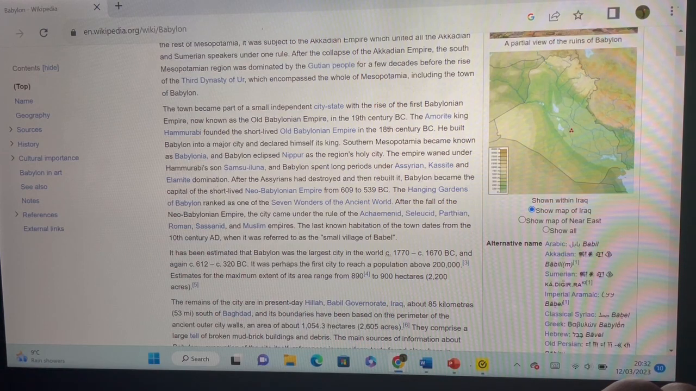Assyrian, Kassite and Elamite domination. After the Assyrians, I guess a precursor to Syria maybe, had destroyed and then rebuilt it, Babylon became the capital of the short-lived Neo-Babylonian Empire from 609 to 539 BC. The Hanging Gardens of Babylon, ranked as one of the 7 wonders of the ancient world. After the fall of the Neo-Babylonian Empire, the city came under the rule of